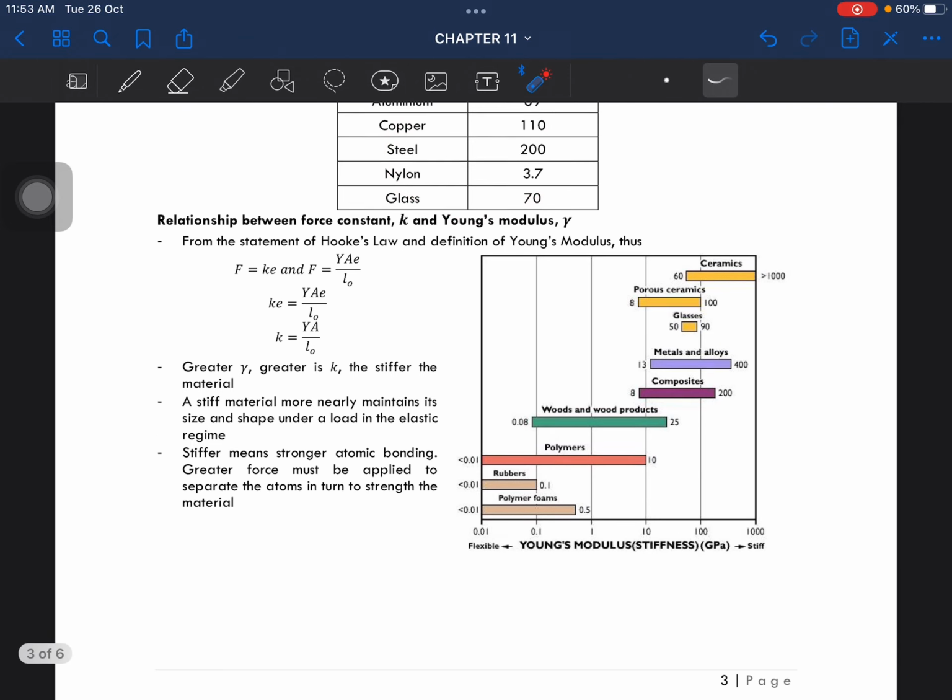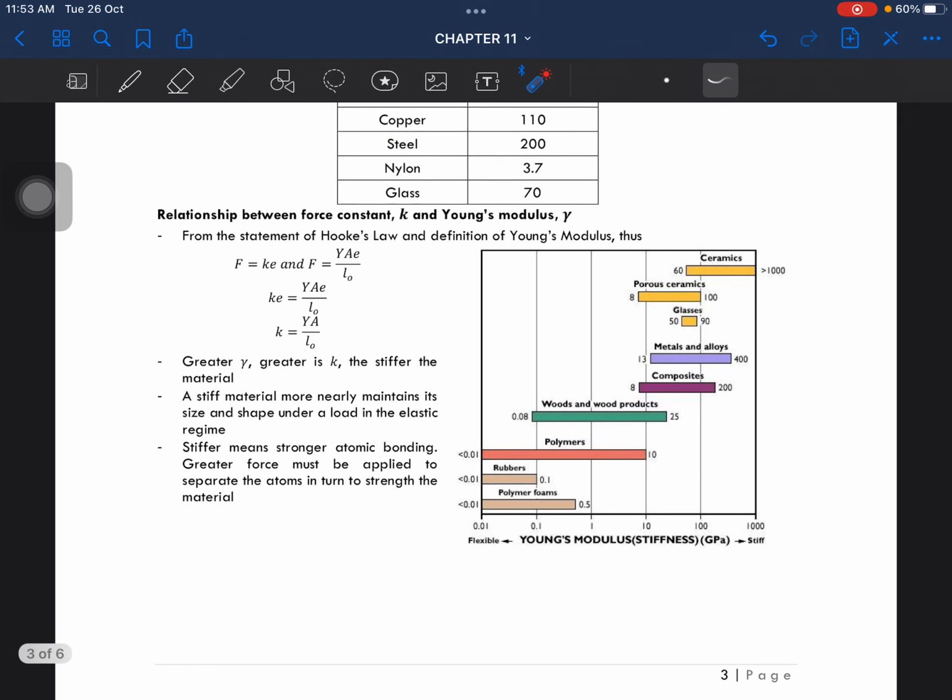Okay, so this is the relationship between force constants and the Young's modulus. So from the statement of Hooke's law and the definition of Young's modulus, we can see that the force constant is affected by the Young's modulus, and I'm going to change this to gamma lah. Okay, so a greater value of Young's modulus will cause a greater value of force constant, meaning the material